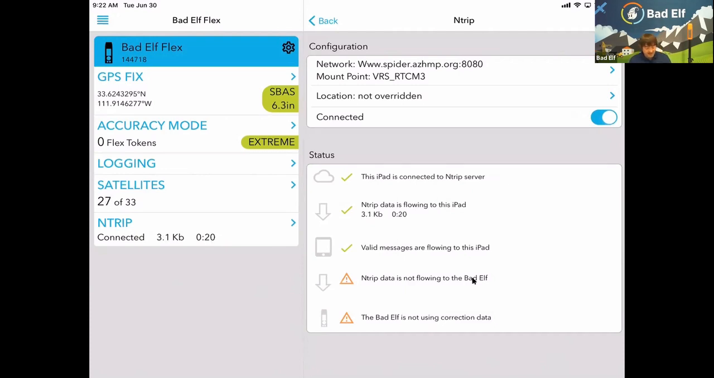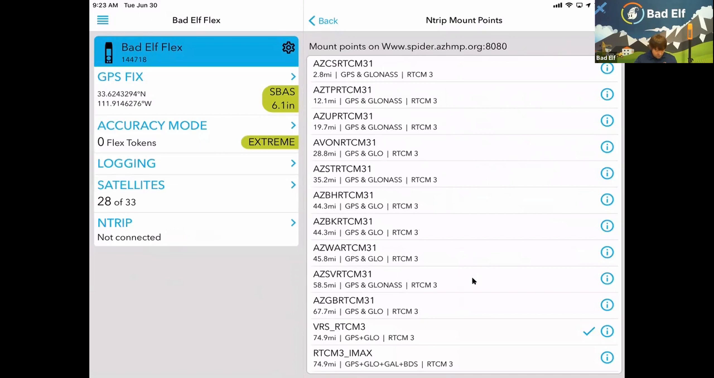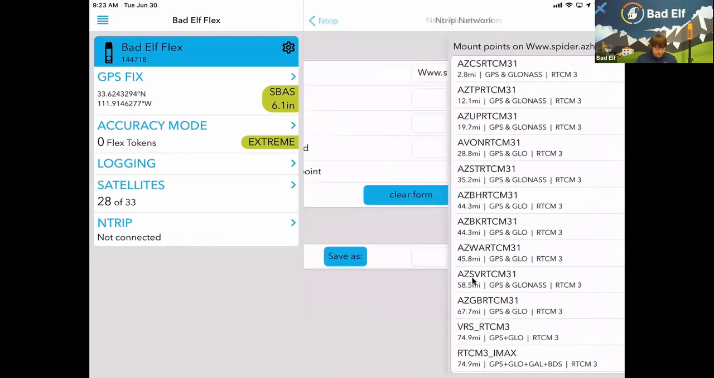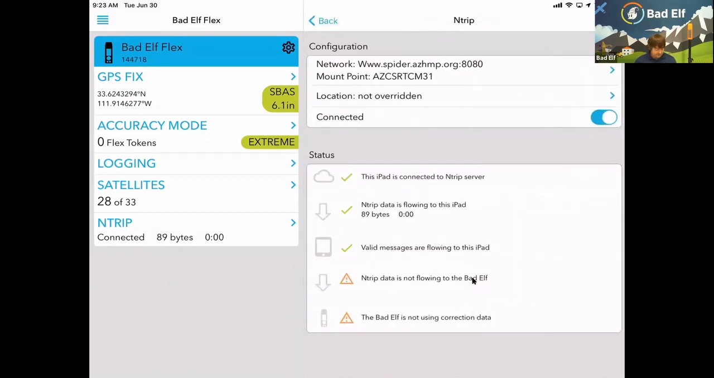So right now I've got VRS set up. This is not something I was planning on looking into here on this webinar, but I'm going to show you very quickly. I'm actually going to try a different CORS station. If you have no idea what I'm talking about right now, just hang tight. This is another webinar we've got planned. So let's see if,